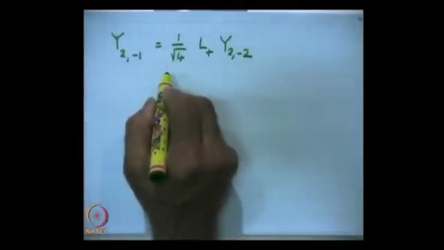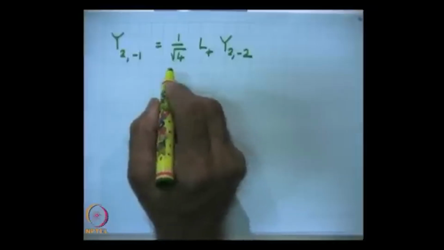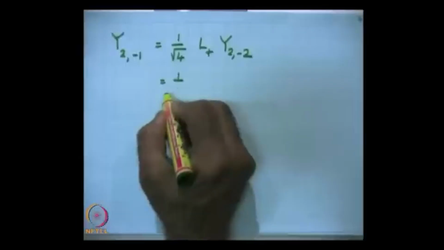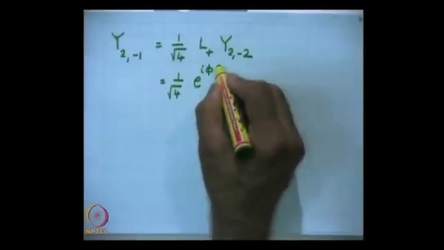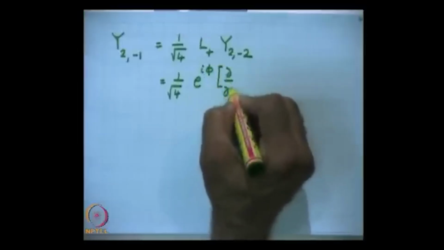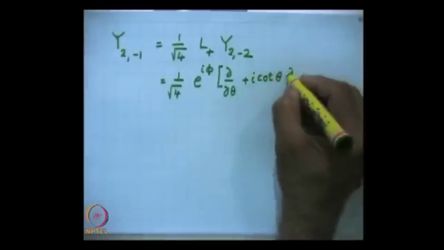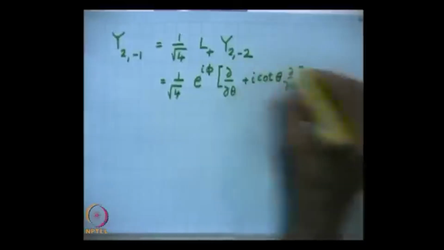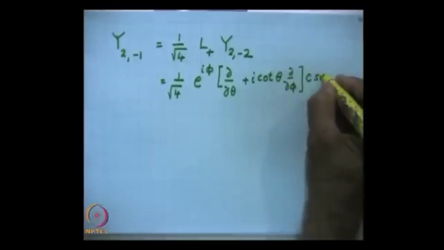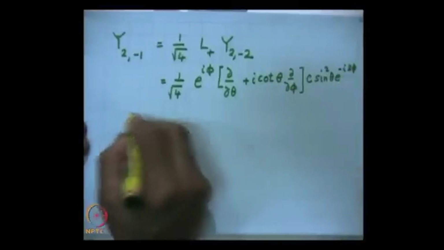we had derived the expressions for L plus and L minus, and we have L plus is equal to 1 over under root of 4 e to the power of i phi, del by del theta plus i cot theta del by del phi, and you substitute the expression for Y 2 minus 2, that is C sin square theta e to the power of minus i 2 phi, and if you work this out, then you will get Y